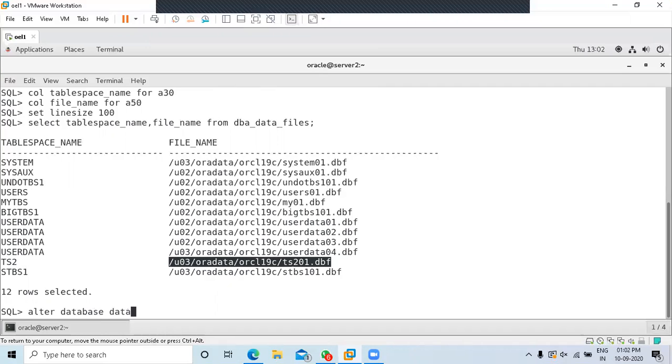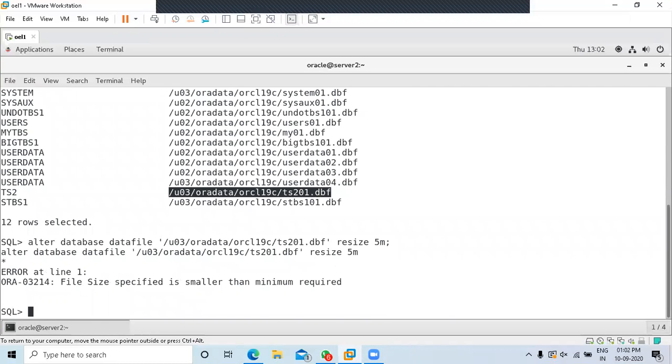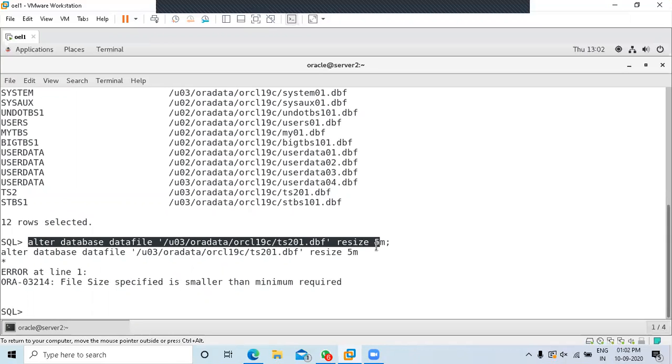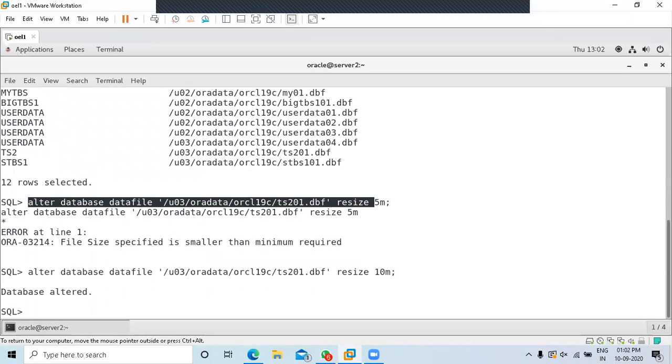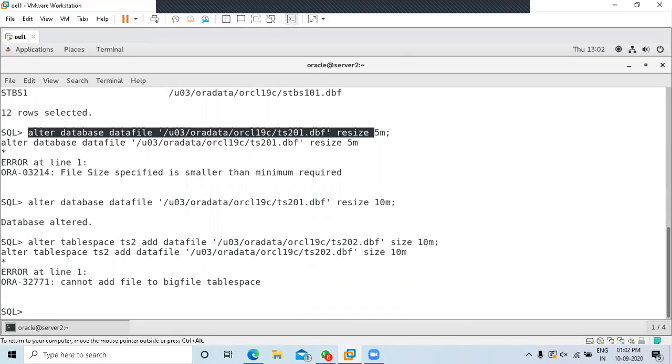Alter database datafile, let me resize this one. Resize 5 MB. Let's make it minimum. I think minimum required is 10 MB. And let's add another data file to that tablespace. Alter tablespace TS2 add datafile /u03/oradata/ORCL19C/TS202.dbf size 10 MB. Okay, great. Now once we have done this,